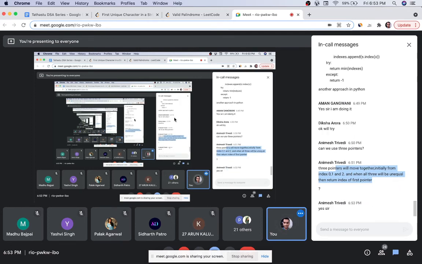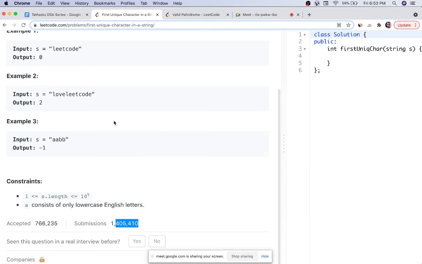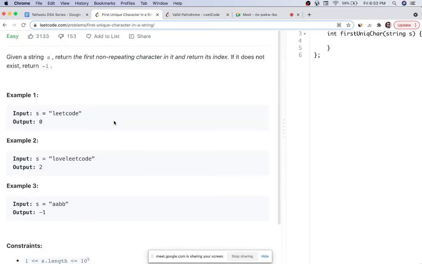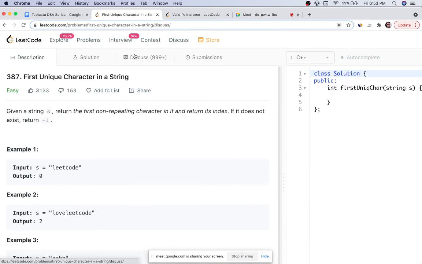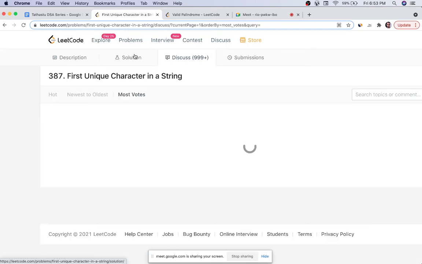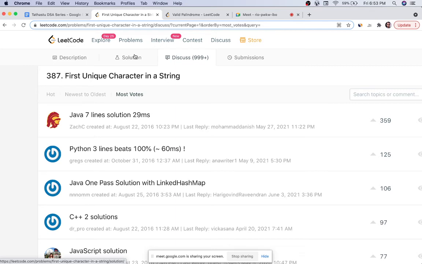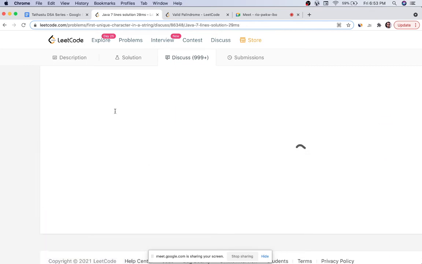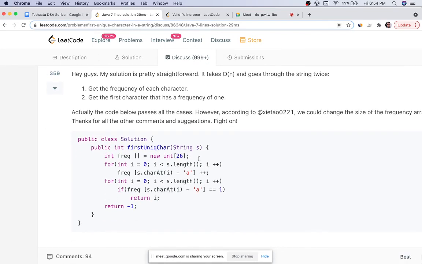Also, when you work on LeetCode, something very interesting: go to the discussion section. Don't just look for solutions, also look for the different approaches students have applied, what they have commented on it, what they have not commented, what somebody has missed. You must definitely look at the discussion part just to improve your knowledge.